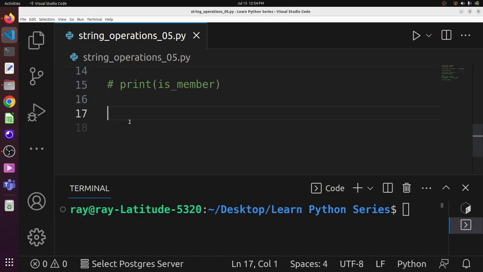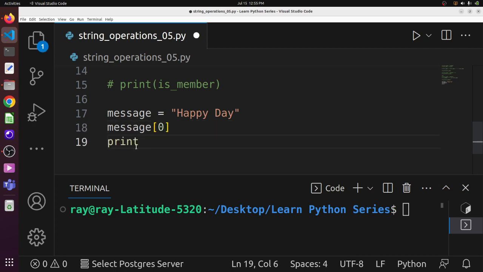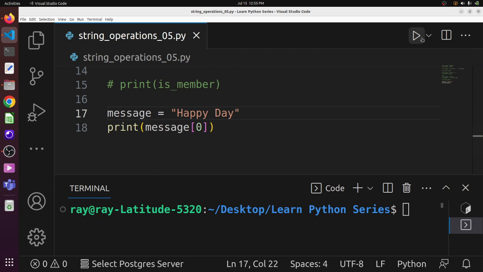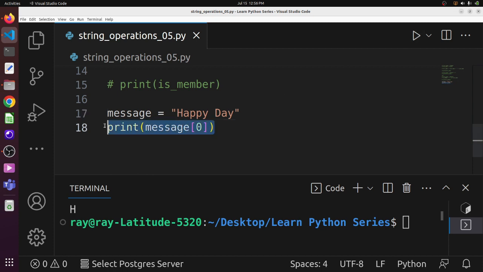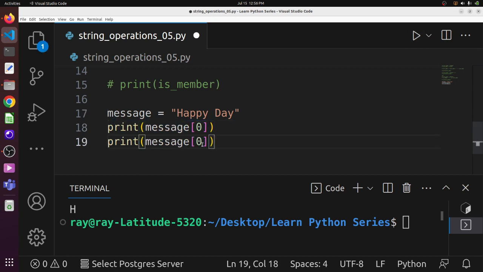Let's declare a variable message equals happy day. We can access the character at any given index by using square brackets and specifying the index value inside them. We also need to mention the variable name message. Let's print out this value. This is going to print the first element in the string, which is H. We can print out the second element as well,